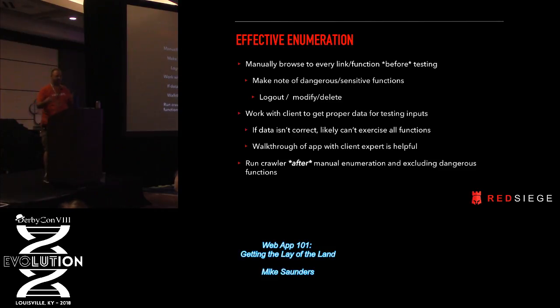Now, effective enumeration, things that I do to make sure I have enumerated everything in the target. I don't run a crawler, any kind of automated scanner, anything like that until I make sure I've manually enumerated everything in the application. That means from unauthenticated, I click on every link I can. I find every link, every form I can submit. Then I log in as every user that I'm going to use in this test, and I click on every link and I submit every form and make sure that I've enumerated everything, and I make note of the important,